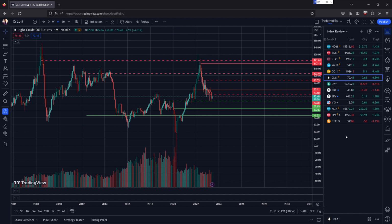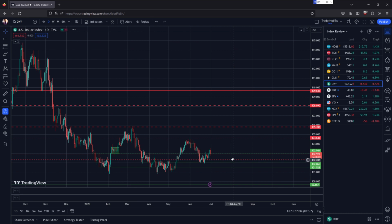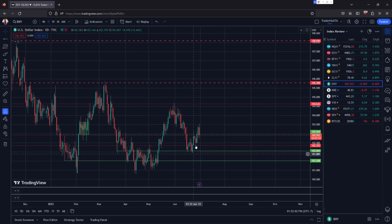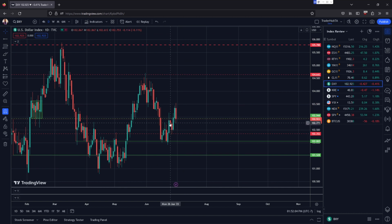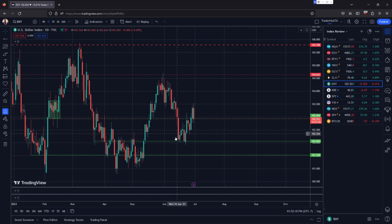No, it's not. Let's go ahead and look at the dollar index. Let's take a look at the daily. It does look like it's moving up. Interesting week, right? So it started a bit lower, moving down. The thing that we had talked about last week was that it had kind of bounced off this